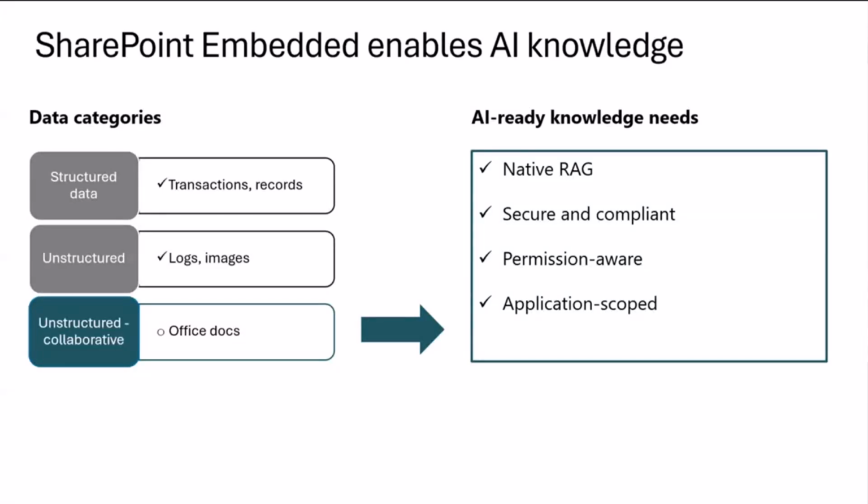This is where we believe that SharePoint Embedded checks all the boxes, right? It is natively integrated within the Microsoft 365 storage platform. What that means is the data here is naturally semantically indexed, so you don't have to create your own RAG pipeline there. Obviously, being part of the Microsoft 365 tenancy, it is secured and compliant. And through Graph APIs, you get all the permission awareness as you integrate this information and knowledge into your application. So if you go to the next one,